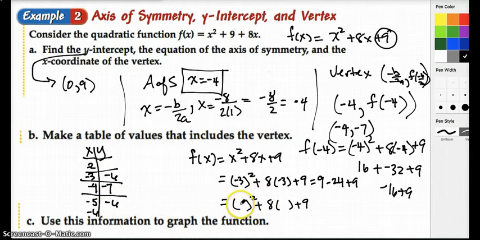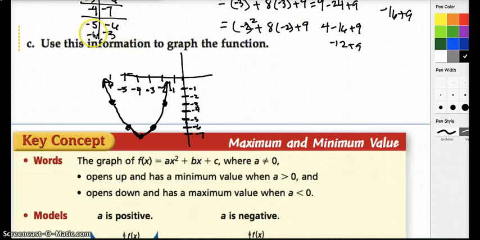Let's do this last one. If I put a negative 2 in here and here, I get a positive 4 minus 16 plus 9, which is going to give me negative 12 plus 9, which is going to give me a negative 3 here and here. We're going to use this information to graph in just a moment. When we plot the points from our t-table, we should get this shape, this kind of a graph. This video will continue in the part 2 section where we'll finish off this